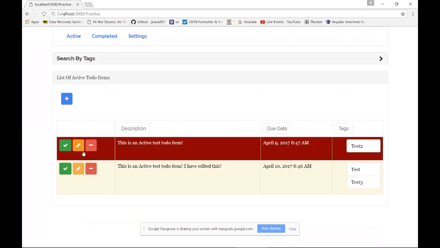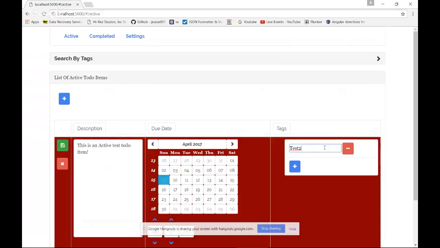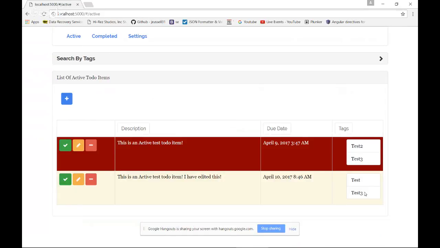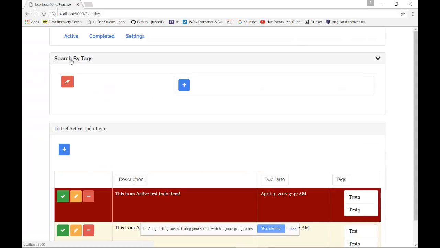And what I'm going to do here is, so that these both have some similar tags, I'm going to add a tag here called test 3. So we got some similar tags. And when we expand the search by tags here,